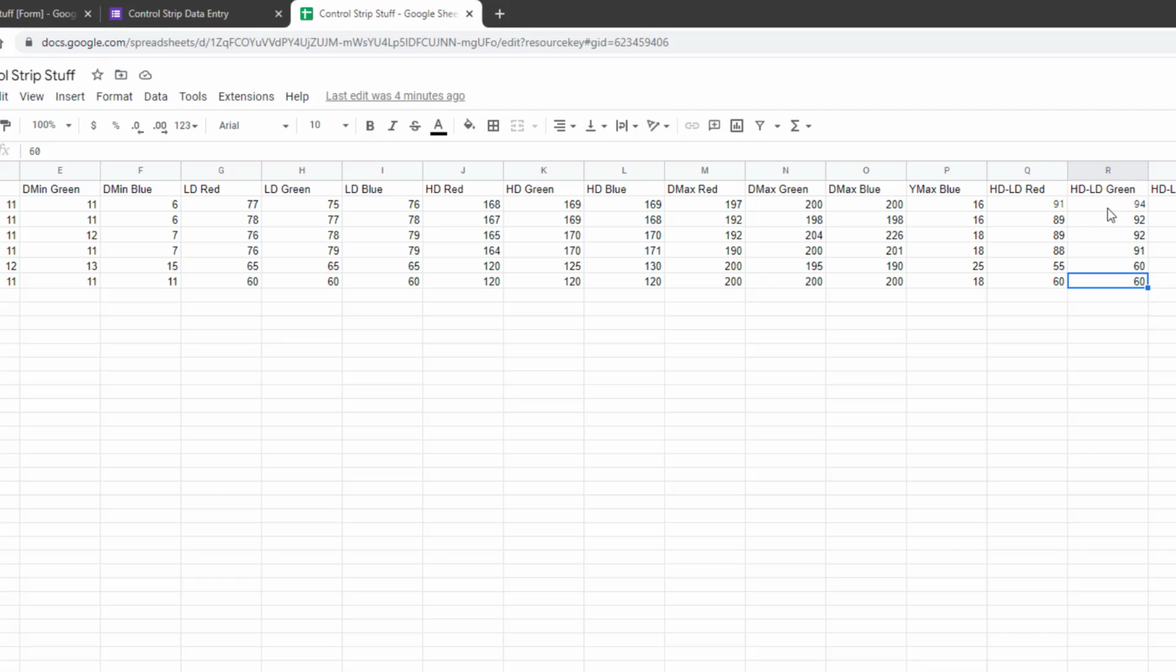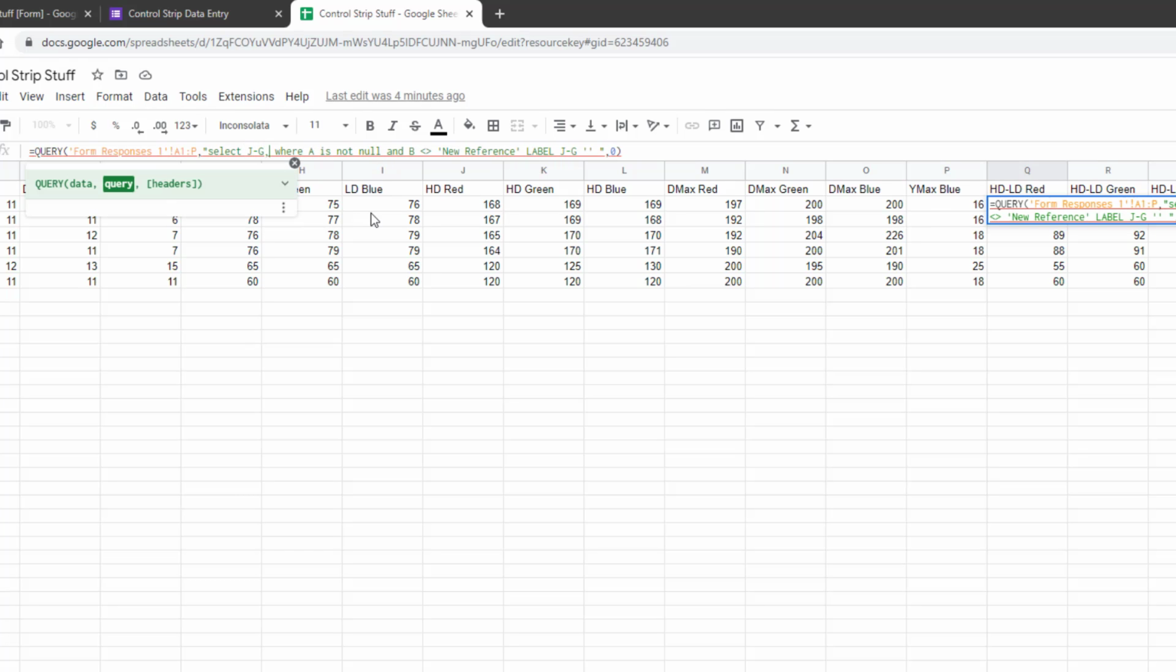Let's see. What's the next one? The next one is K minus H, L minus I, K minus H. So I could also go K minus H, L minus I, I think is what it is. And here's where you'll see that if I don't do the label,